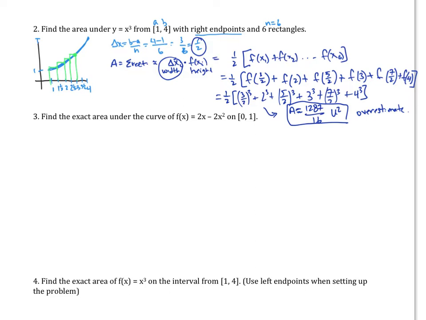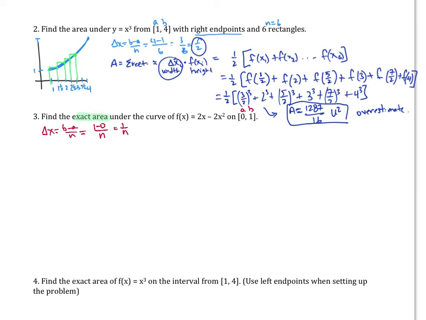Okay, let's take a look at the next one. So for number 3, it says find the exact. This time we need to get the exact area under the curve of that from 0 to 1. Okay, so we know what it looks like, but we have to do exact, which means we have to do the summation methods that we talked about. So let's find delta x again to begin with. On this one, delta x will be b minus a over n, which hasn't changed. But this time I've got a and b, and I don't have an n. Okay, so this is going to be 1 minus 0 over n,